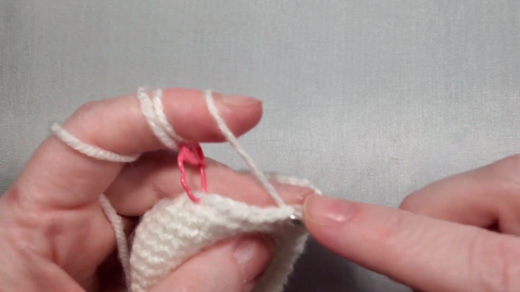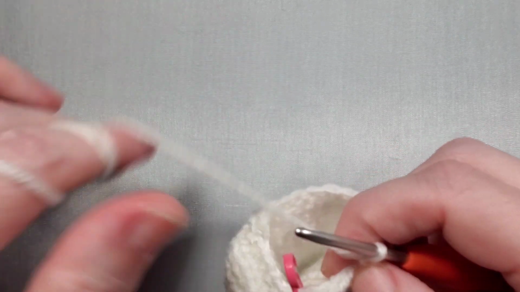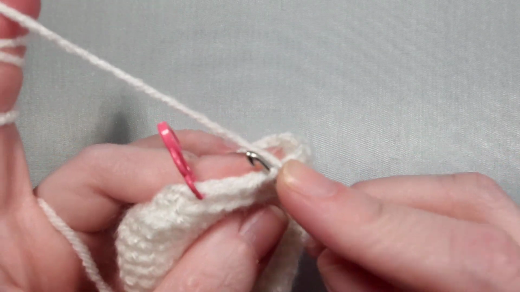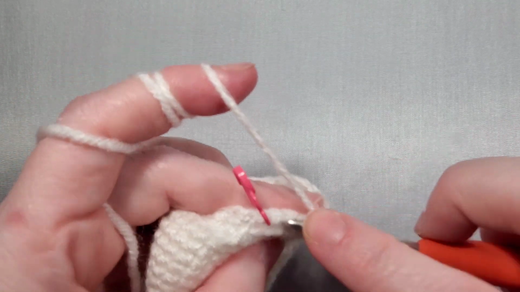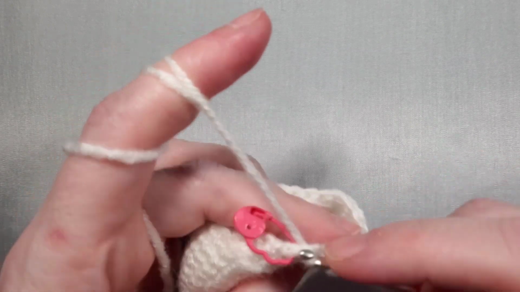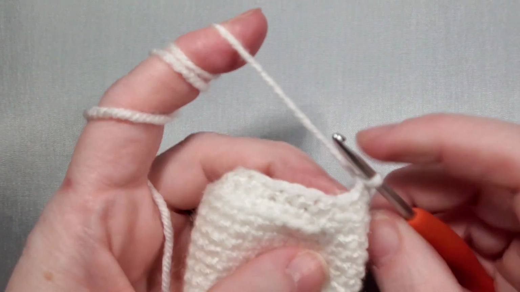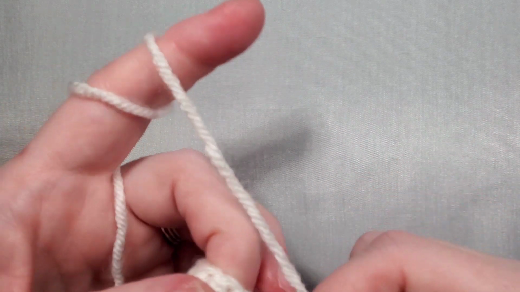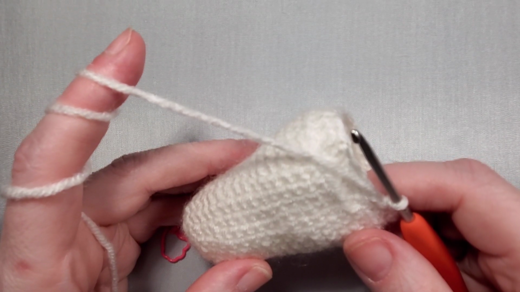1, 2, 3. And our final decrease, 1, 2, and 3. And so we are now down to 24 stitches, and this was row 20, and we will next